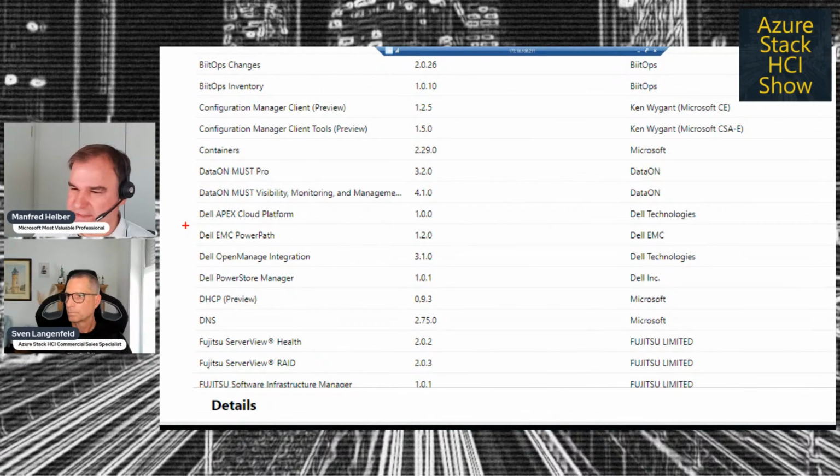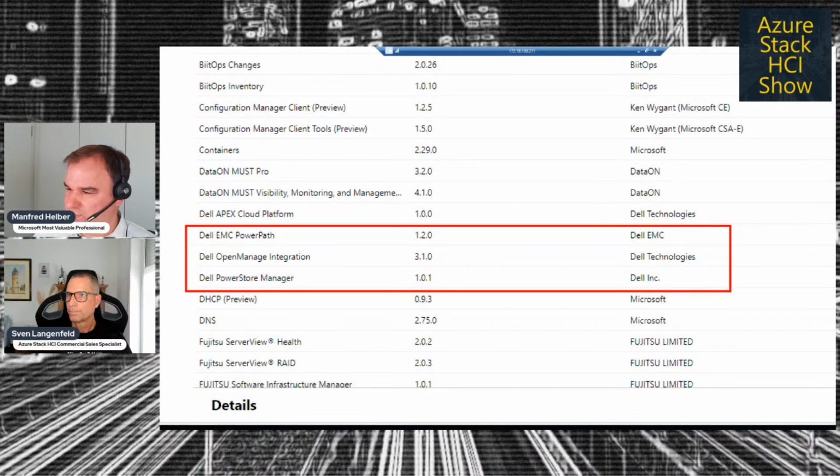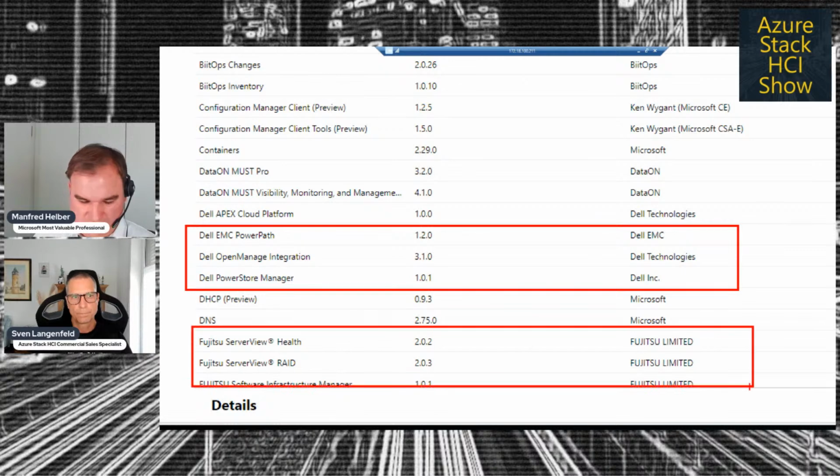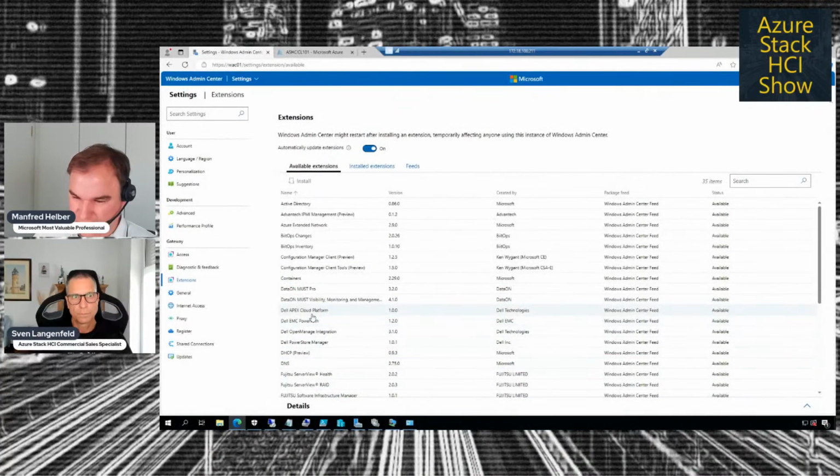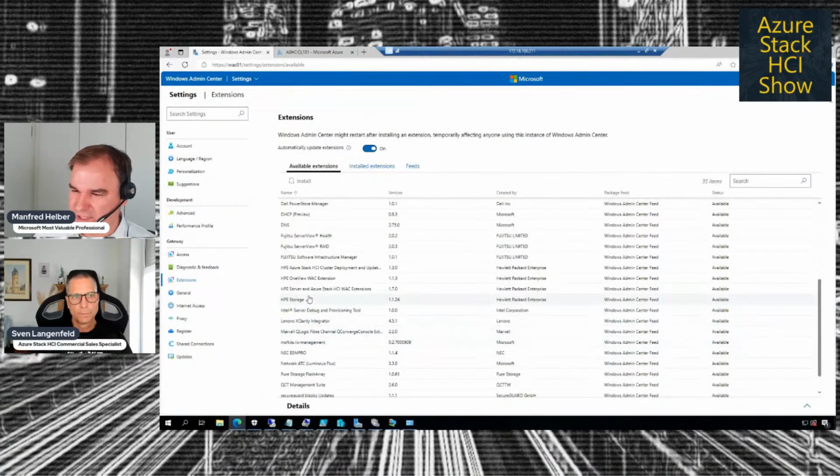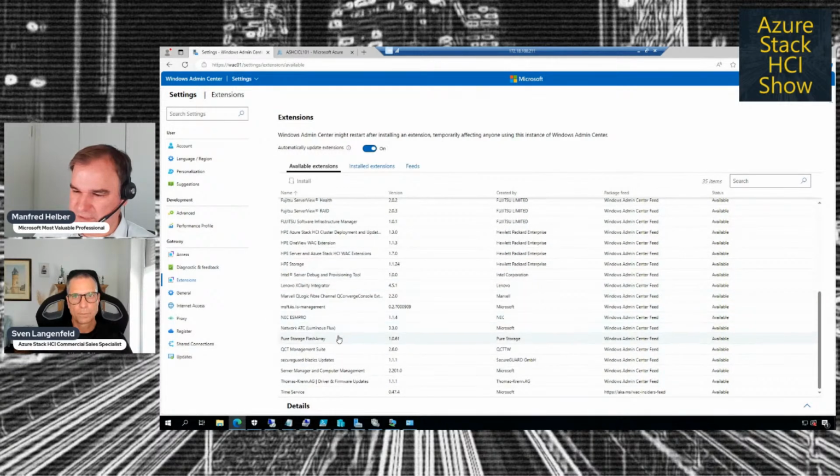Here, for example, I have some extensions from Dell, some from Fujitsu, and some from DataON. When I go down the list, I can see there are extensions from HPE, from Lenovo, and so on, from QCT, Thomas Krenn. So these are different hardware vendors that created an extension for the Windows Admin Center. This is mandatory for integrated systems of Azure Stack HCI. This is optional for